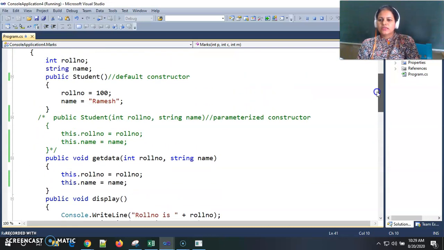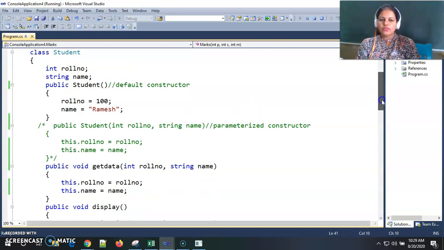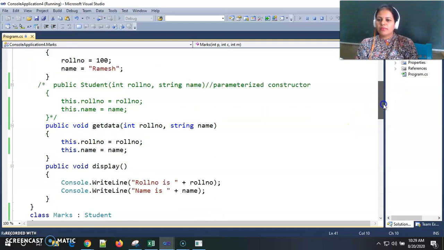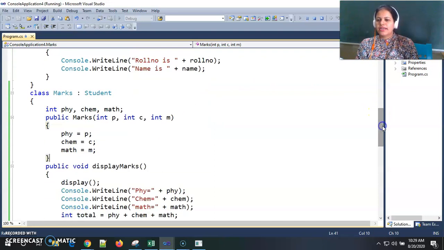So in this program we have defined a student class, which is the base class, and we can use public members of student class inside our derived class, which is here marks class.